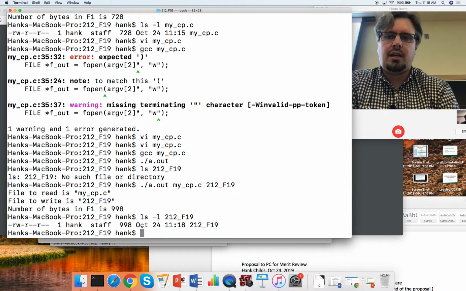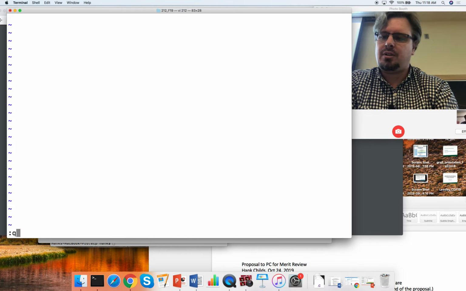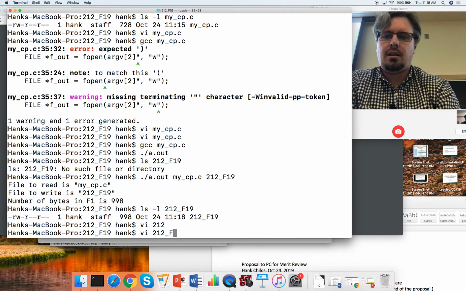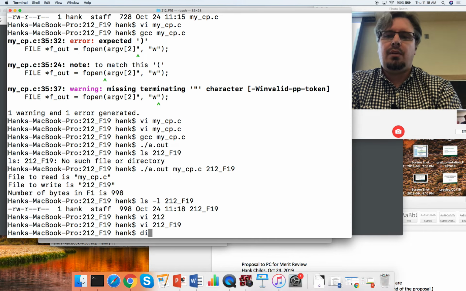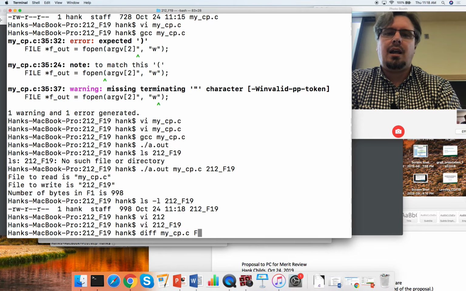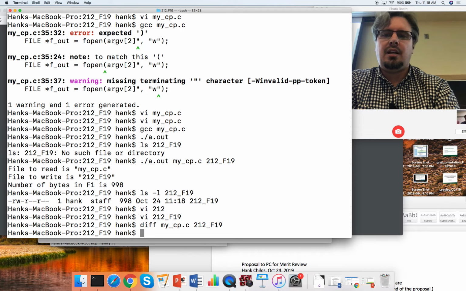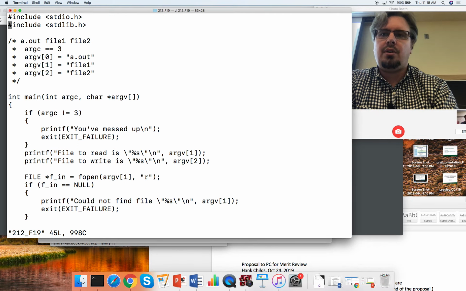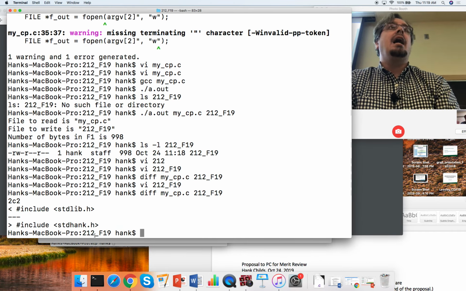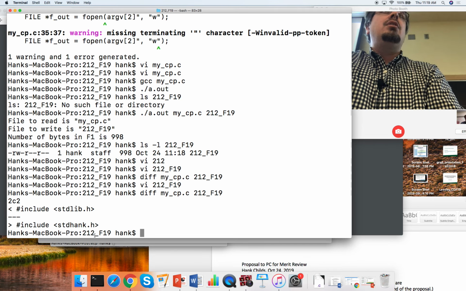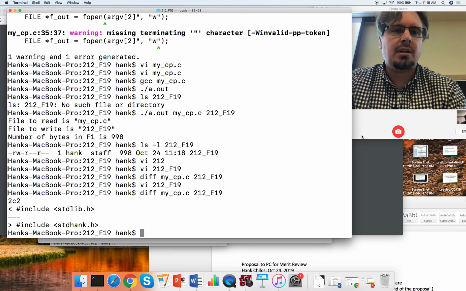It was written today, October 24th at 11:18 a.m. And if I look at it, then it's got the same contents as mycopy.c. And if we difference them, this is another Unix command, diff of mycopy.c and 212 fol19, then it says they're the same. If I go and modify fol19 and instead of stdlib, call it stdhank.h, and then diff them, then it says, oh, that one line is different. So diff is a useful command that's used in the checker for 2E. Okay, I'm going to stop my video, but you